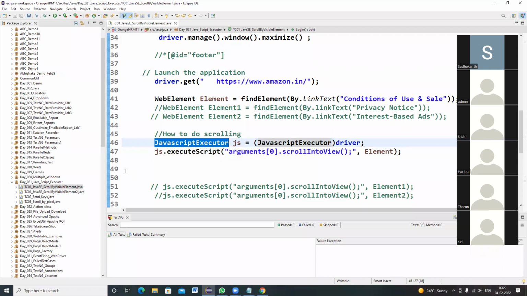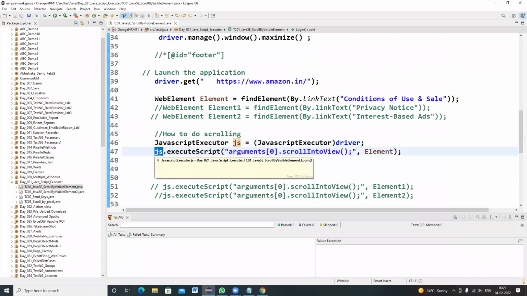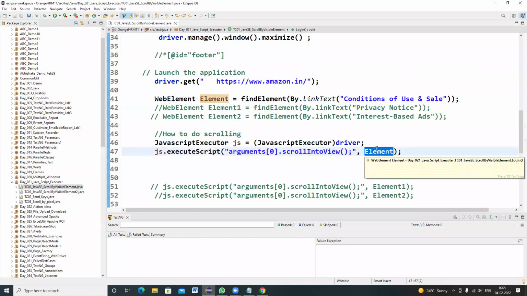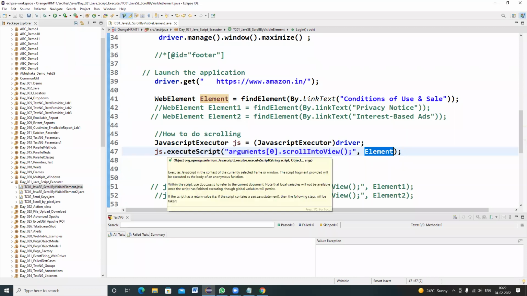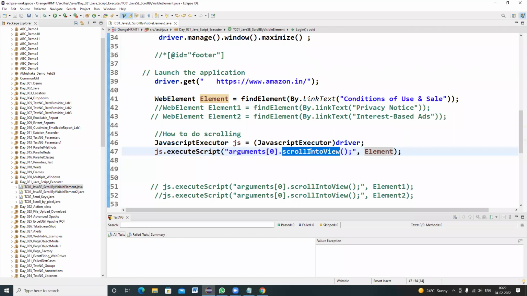Now you're using that object reference here: js.executeScript of arguments[0].scrollIntoView, and you are using this web element object reference. By this we are sure that JavaScript executor will use the scroll into view option, and it will scroll onto the web element, which is conditions of use and sale.